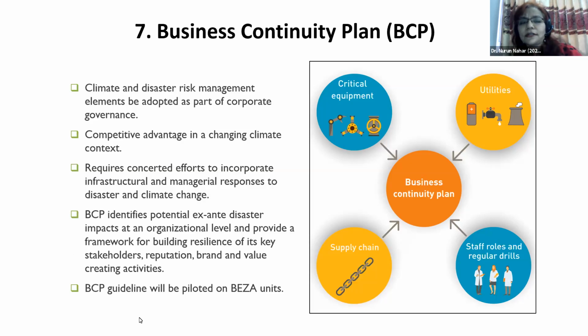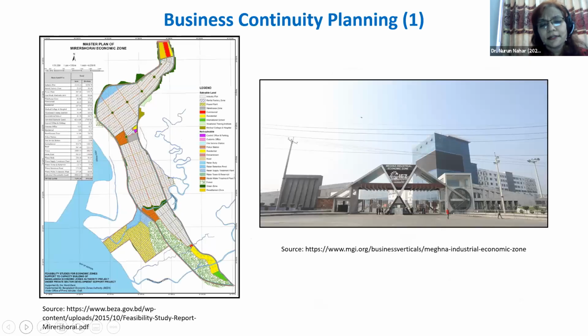As I mentioned at the very first, we are doing the planned way of development not just for public investment, but also for the private. So now the government, our Prime Minister Sheikh Hasina, is also promoting the idea of planned industrialization. It cannot be done in a scattered way or in a silo way. So BEZA, the Bangladesh Economic Zones Authority, is developing industrial zones where private sector businesses can operate, and the government can give the necessary infrastructure support there.